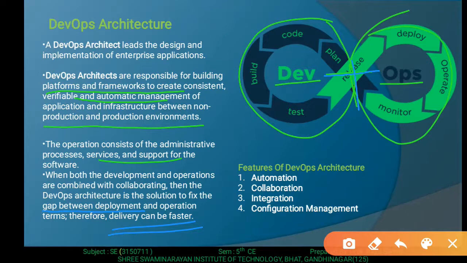Here are some of the features of the DevOps architecture. The first one is automation. What do you mean by automation? Automation effectively reduces time consumption, specifically during the testing and deployment phase. Productivity increases and releases are made quicker through automation with fewer issues, and tests are re-executed more rigorously or easily.